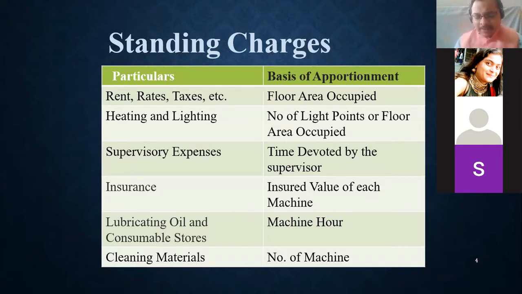But at the same time, servicing is also given on the basis of the number of kilometers run, yes or no? If your vehicle runs for, let's say, 10,000 kilometers or 1,000 kilometers, you have to go for the first service, yes or no? So if you have that assumption in your mind, then your servicing or lubricating oil will go in running charges. Is this clear, everyone? So you can take both ways,